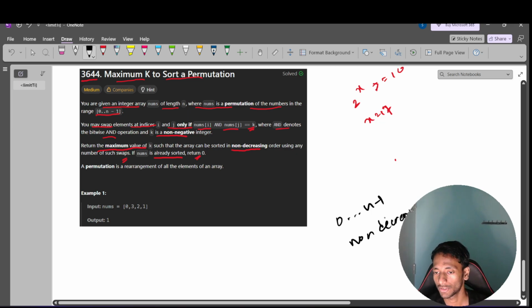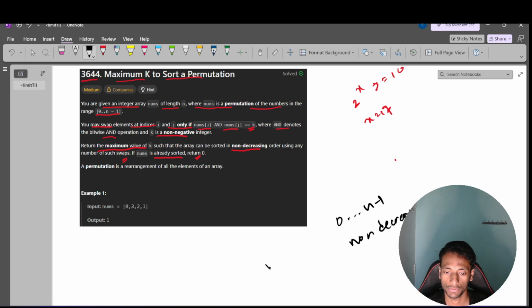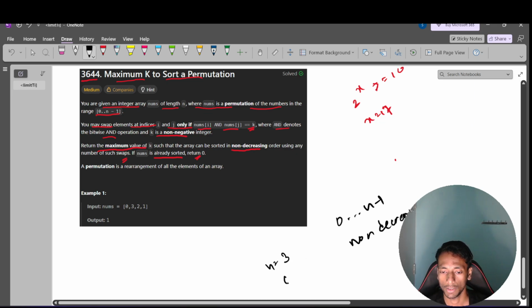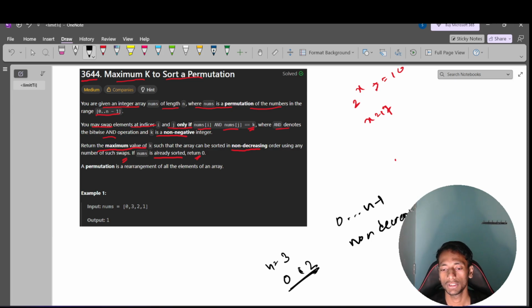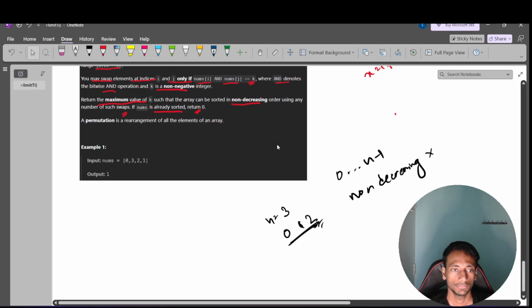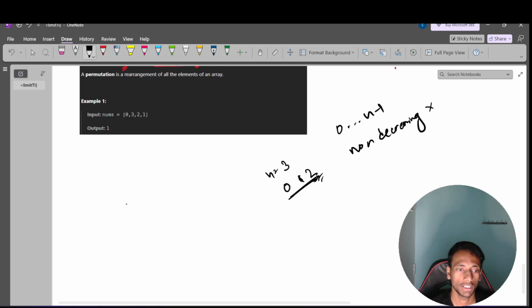All the numbers are already unique, because suppose n is equal to 3. So the numbers will be 0, 1, 2. Non-decreasing means first it will be 0, then 1, then 2. So ultimately this is actually increasing order, because all the numbers are unique. Got it? Now we have to find k such that